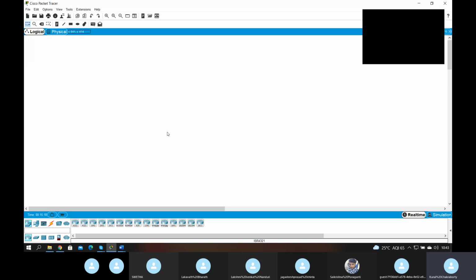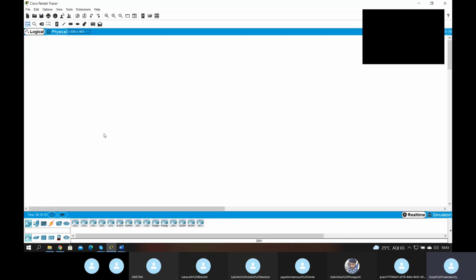But one difference is that it's software, so you will not get 100% output. Sometimes your configuration is correct, but you will not get the output. It's rare, but sometimes it happens, not every time. In real time, whatever configuration you do, if it is correct, it will work. If there is a problem somewhere, it will never work, and it will not show you anything.